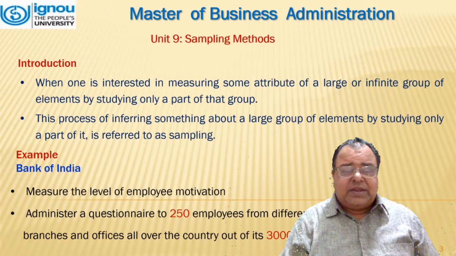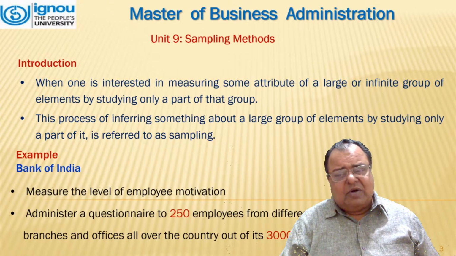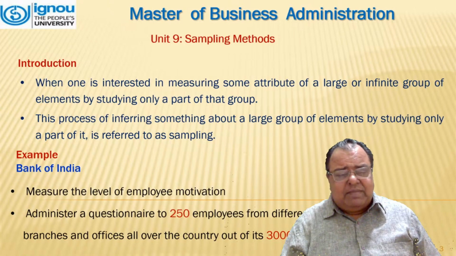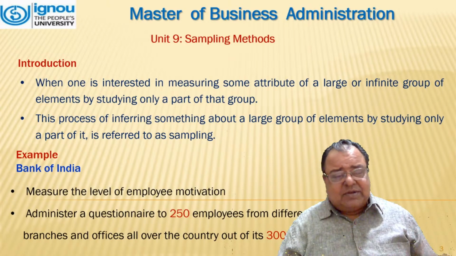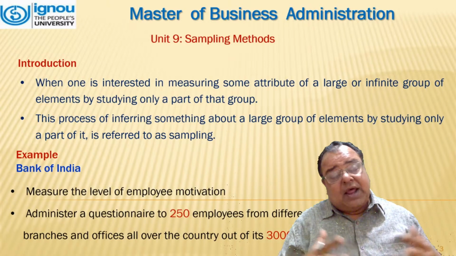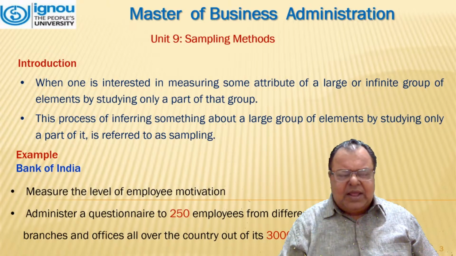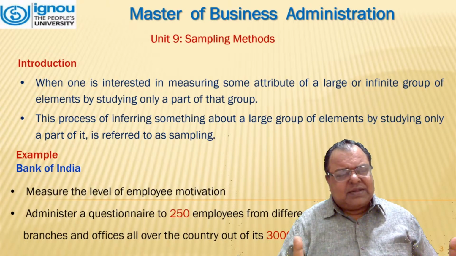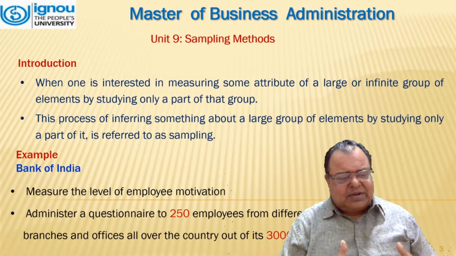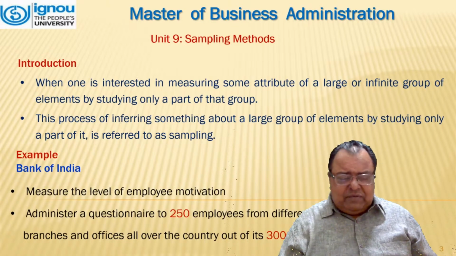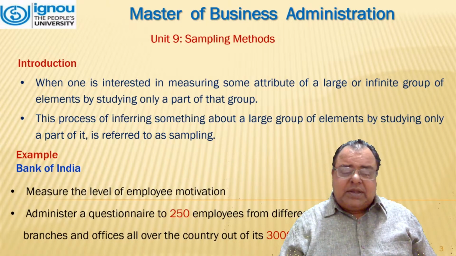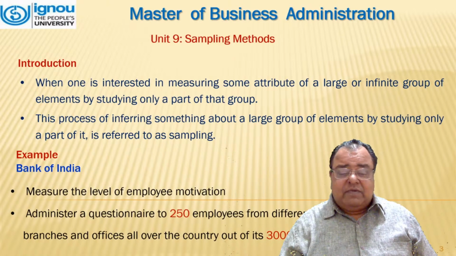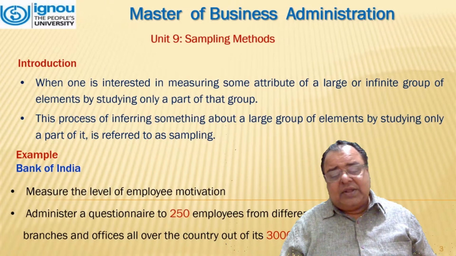Well, one is interested in measuring some attributes of a large or infinite group of elements by studying only a part of that group. This process of inferring something about a large group of elements by studying only a part of it is referred to as sampling. Now we will take up an example, suppose of Bank of India. We have to measure the level of employee motivation. We administer a questionnaire to 250 employees from different branches and offices all over the country out of its 30,000